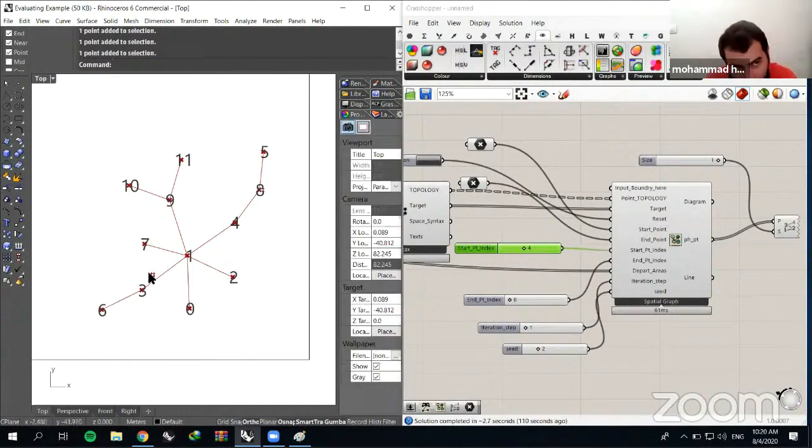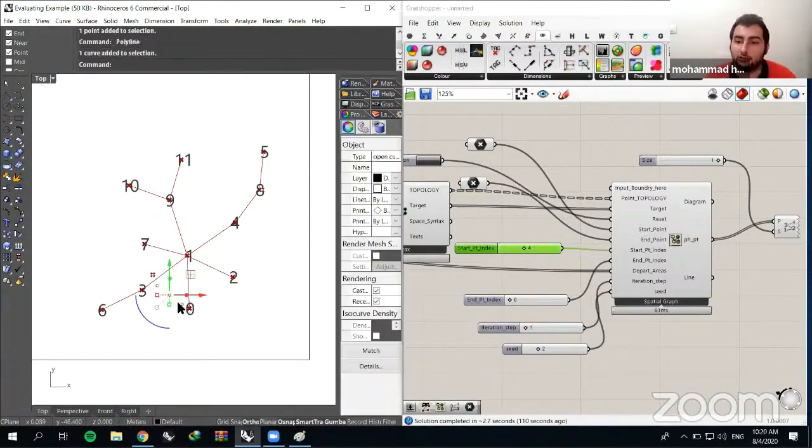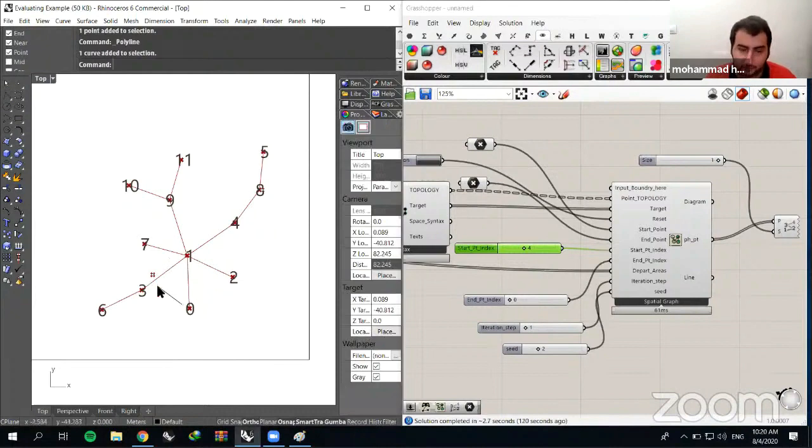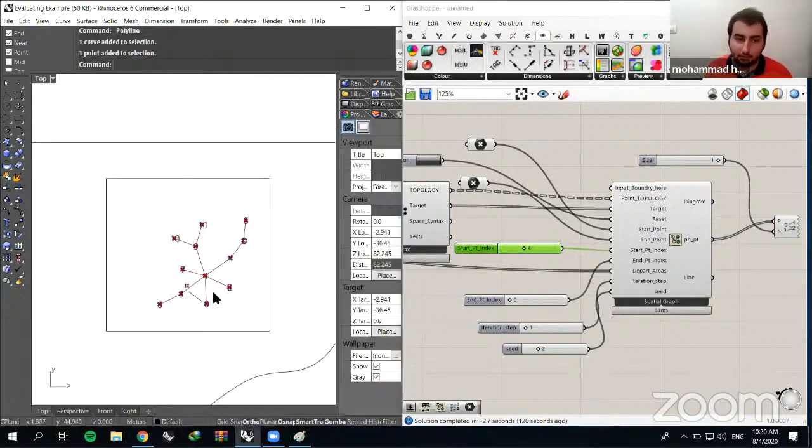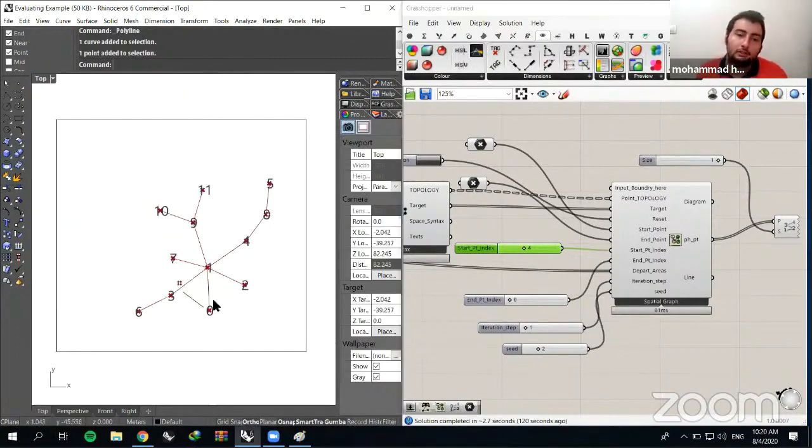There is also some distance here, which is not really accurately placing space 0 in the location that my point is, and that's because of